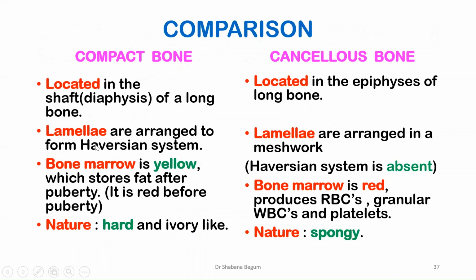In compact bone, the lamellae are arranged to form Haversian system. In case of cancellous bone, Haversian system is absent. In case of compact bone, the bone marrow is yellow, which stores fat after puberty, and in case of cancellous bone, the bone marrow is red bone marrow. Compact bone is hard and ivory-like. In case of cancellous bone, it is